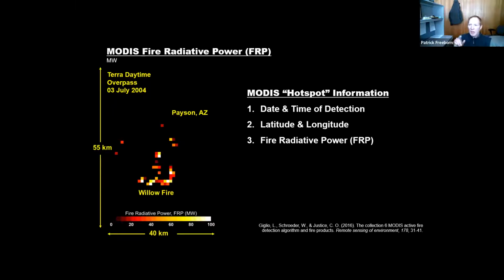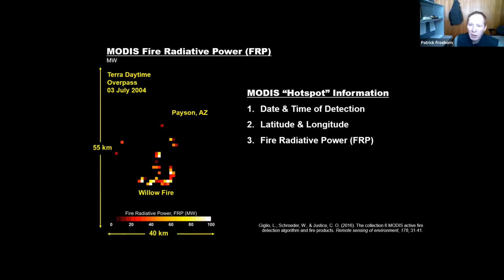And in general, this process is just referred to as active fire detection, but MODIS also offers active fire characterization, okay? Associated with each of these 1 kilometer active fire pixels is an estimate of fire radiative power, and that's estimated in megawatts. And so on this color scale, the surrounding non-fire background, shown in black, is emitting 0 megawatts, okay? And then these white and really bright yellow active fire pixels correspond to the hottest brightness temperatures. And when you translate those brightness temperatures into FRP, those pixels are emitting upwards of about 100 megawatts apiece.